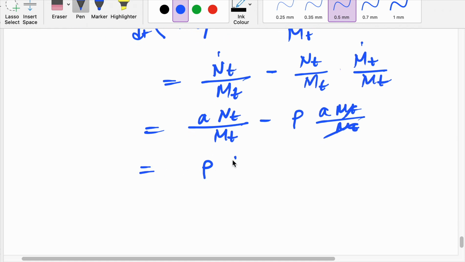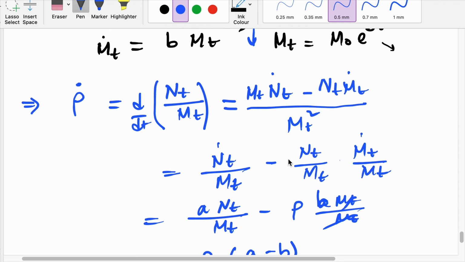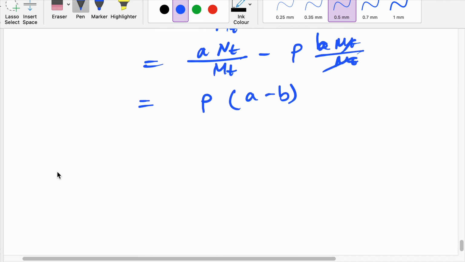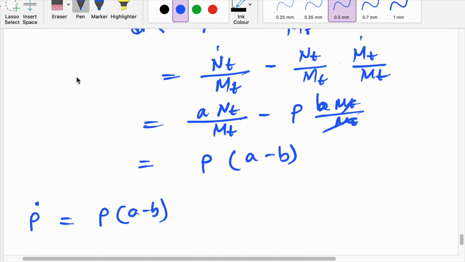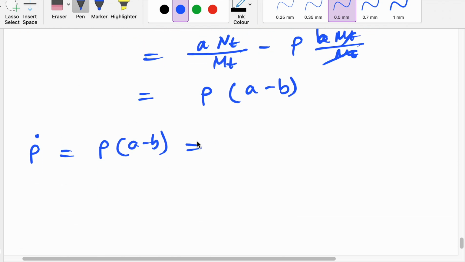So if I take rho common, it is rho times a minus b. So rho dot is actually rho (a minus b), and the relative frequency is changing, and rho will be e to the power (a minus b) t